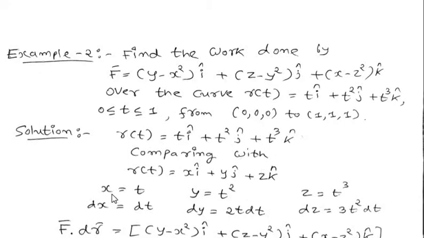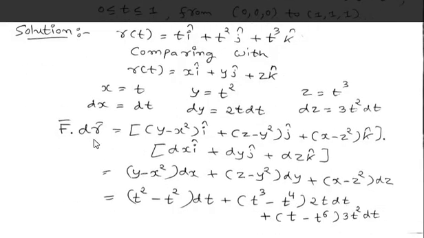So find dx, dy and dz, because in case of line integral, we have to find out integration with respect to a single variable, right? So here the limit of t is given. It means we are going to integrate F bar dot dr bar with respect to t. So we will convert dx, dy and dz in terms of dt. So dx, that will be dt, dy, that will be 2t dt, and dz, that will be 3t² dt.